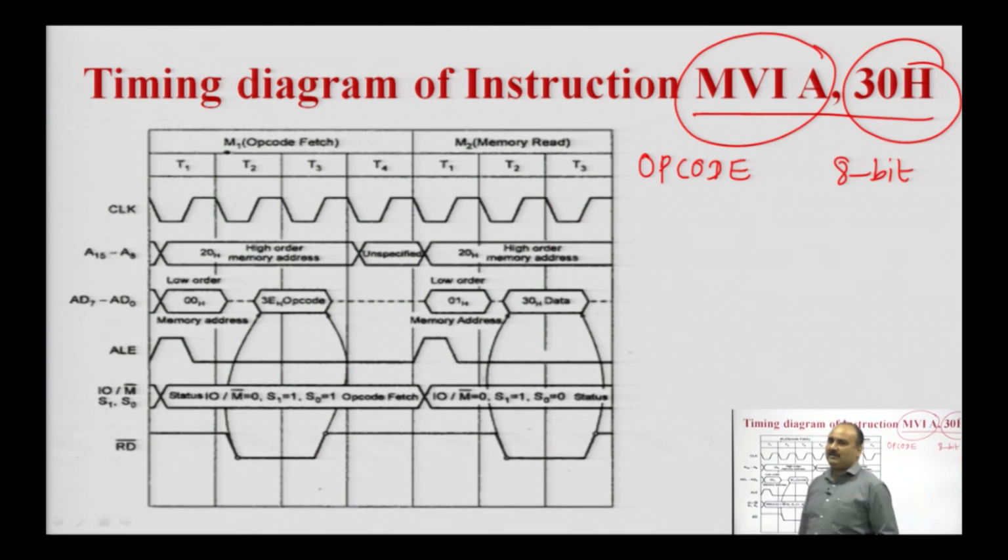For the 8-bit data, another byte is required. So, in total it is a 2 byte long instruction. So, the processor will require 2 consecutive memory locations to load the instruction, that is MVI A, 30H. So, let us see, the operation code of this instruction is present in the memory location.